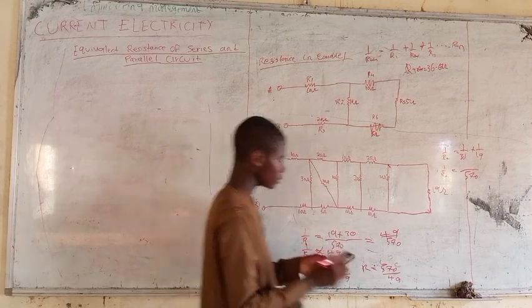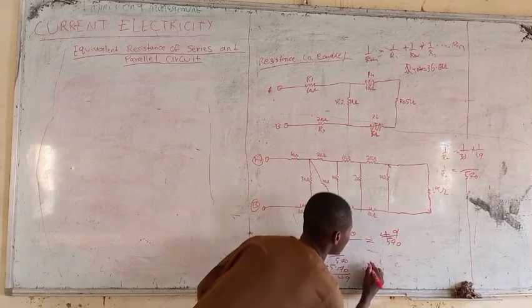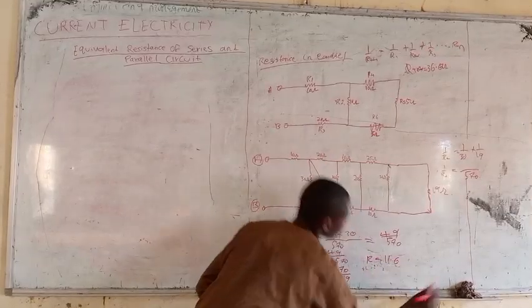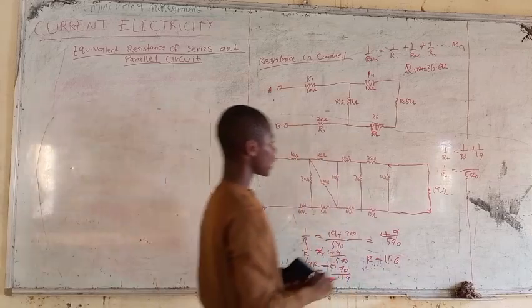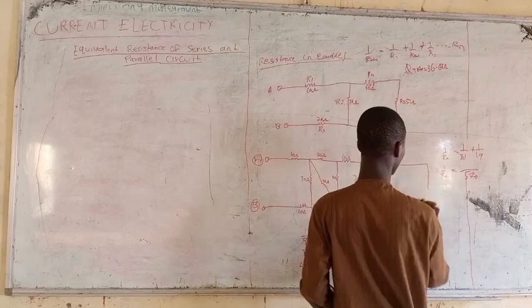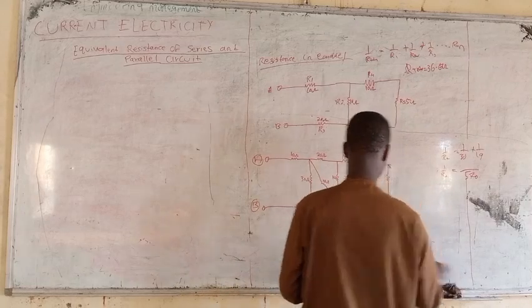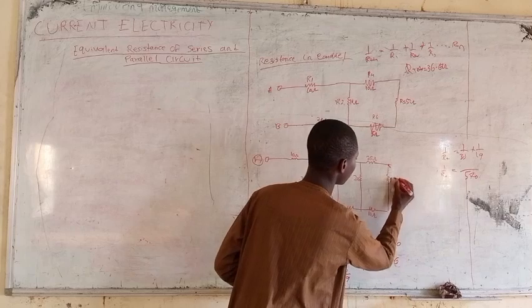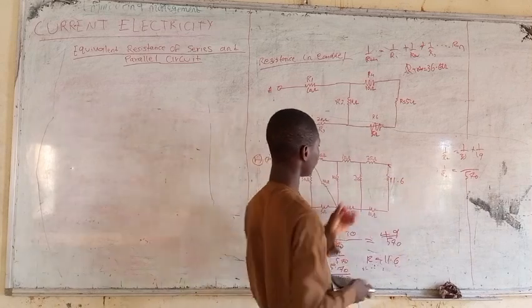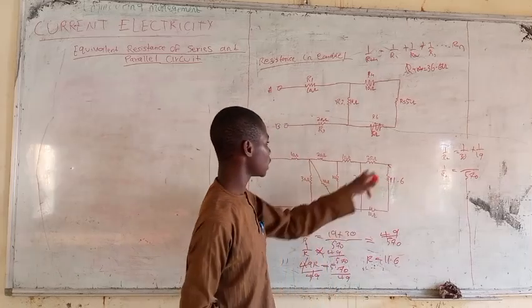We are having 11.6. Let's say R is equal to 11.6 ohm. Okay, that's for the parallel resistance between 30 and 19. The same thing if we are to find the resistance between 25, 11, and 10, because we know